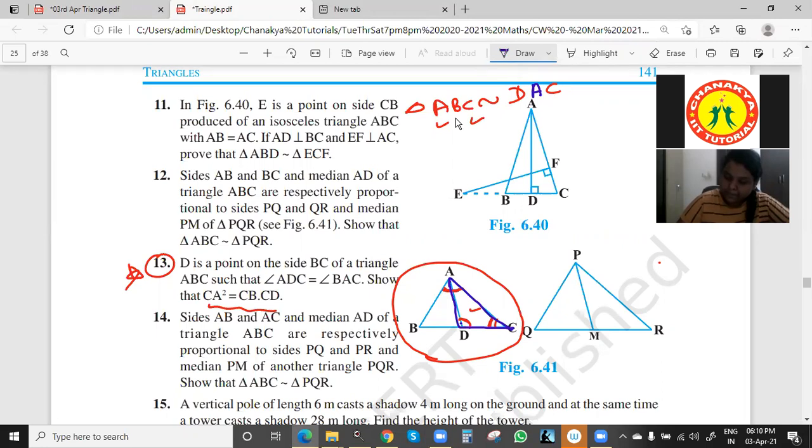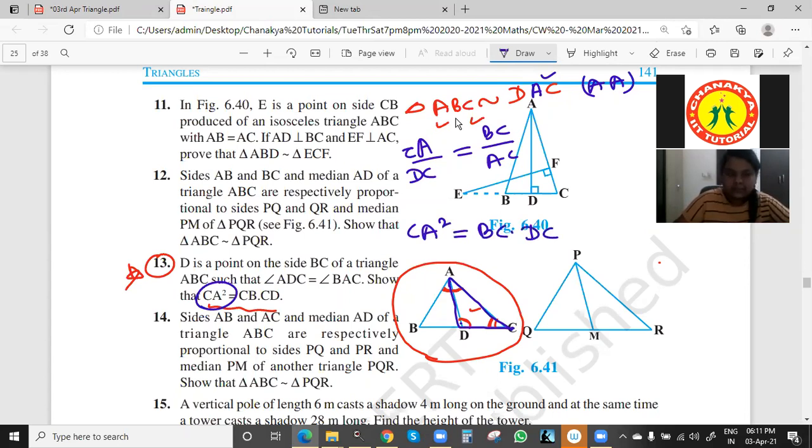Now we can take the side ratio. This is by the angle similarity criterion. See, here we want CA, so first we'll take CA or AC, no problem. The corresponding value is DC. Again we take CA on this side, because CA square we have to find. So in this triangle we take CA, and the last two values, here it will become BC. So we can do cross multiplication. So CA square, or AC square, equals BC into DC, or CD. Hence proved.